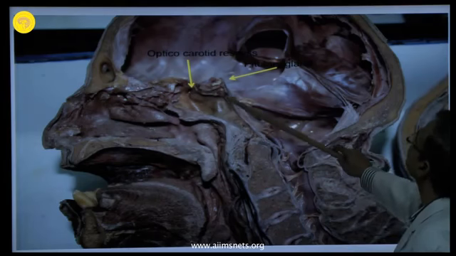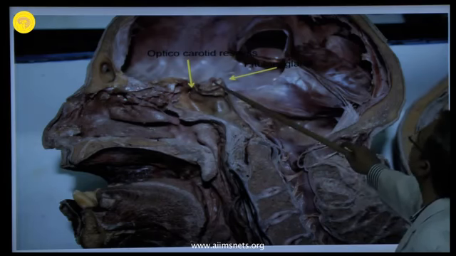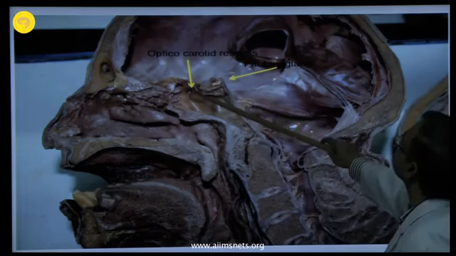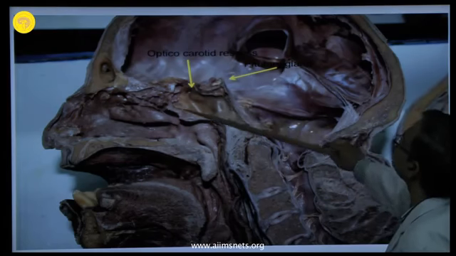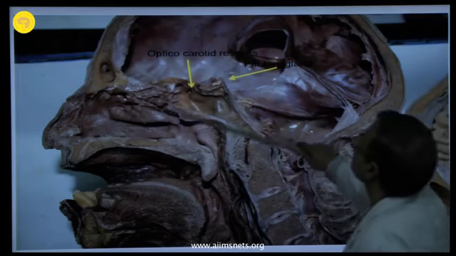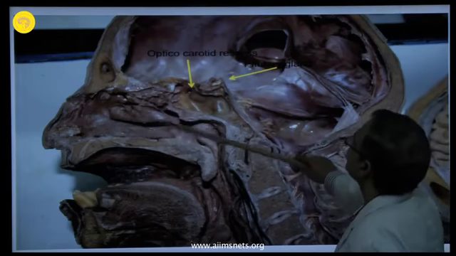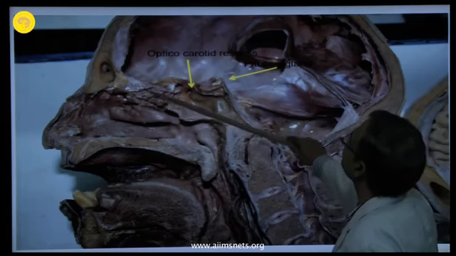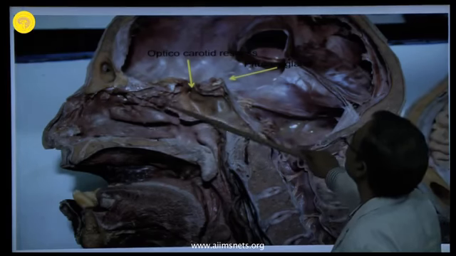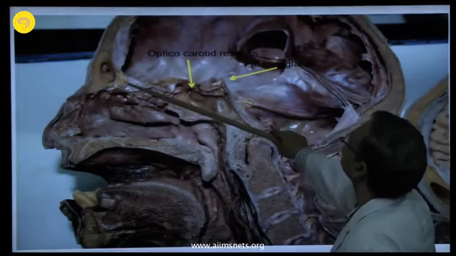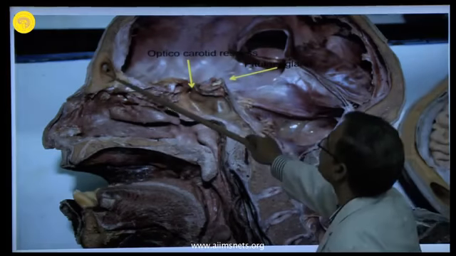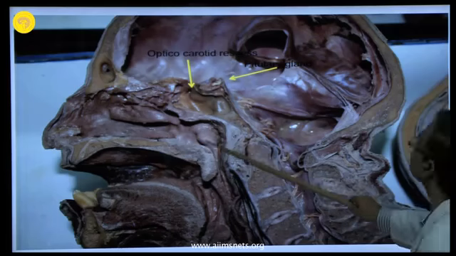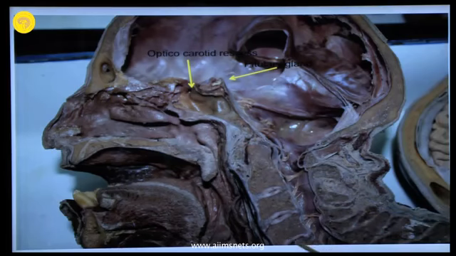Here is the elevation for the carotid artery. This is the pituitary gland, and this is the recess. And see how the air sinus has extended. The inferior concha, middle concha, these are the middle meatus, and the superior concha has been damaged. This is the roof of the nasal cavity, the frontal sinus, and this is the opening of the eustachian tube. You can see the fourth part of the vertebral artery coming here.